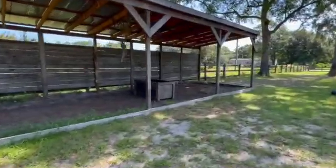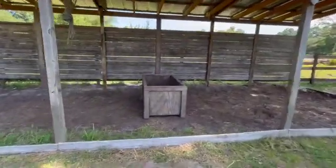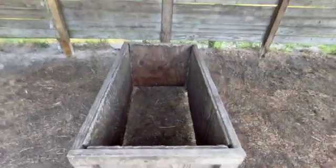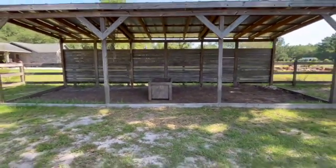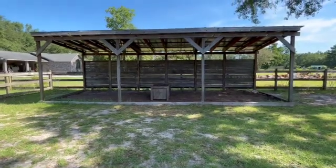And then I've got the run-in all cleaned out. I have this wooden feeder in here, which is the perfect size if I wanted to put a whole bale of hay into a slow feeder net and just pop it in there. But the reason I've put it in the center like this is because eventually when I introduce one or more of the horses in here with him, or later when the whole herd might be in here together at some point,